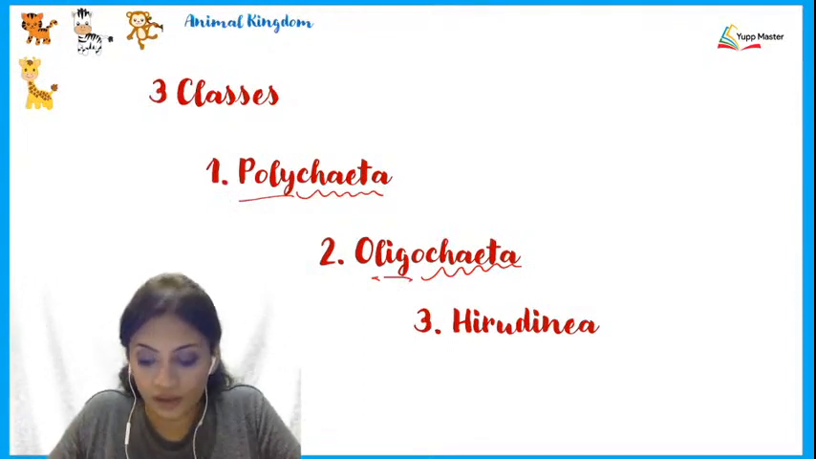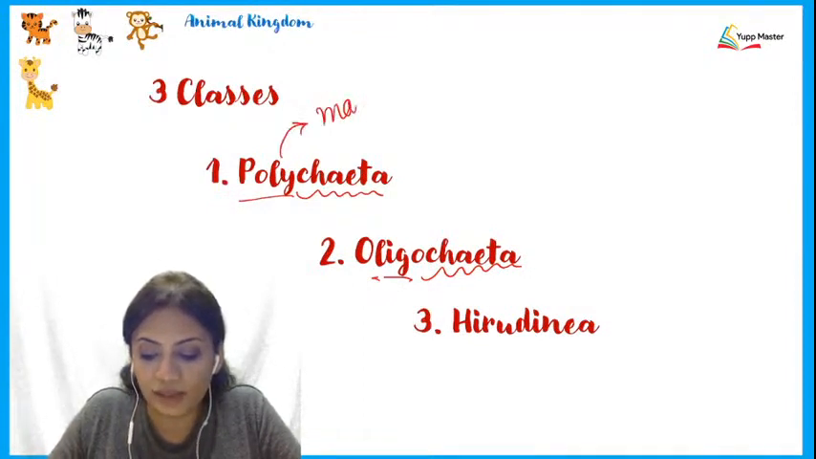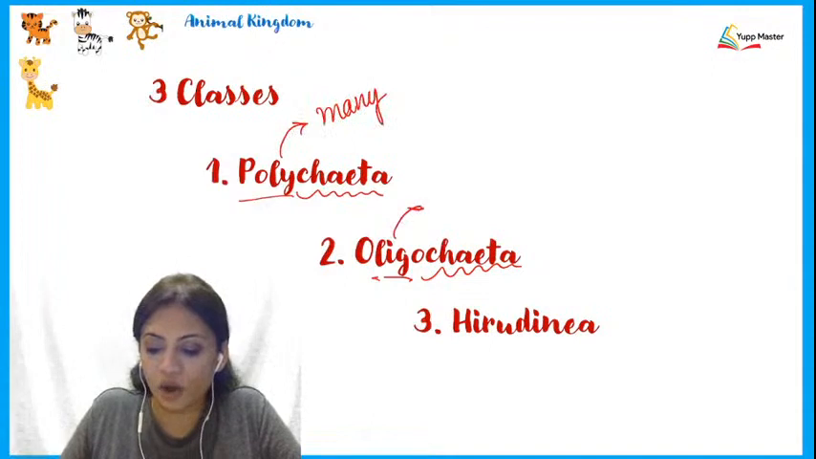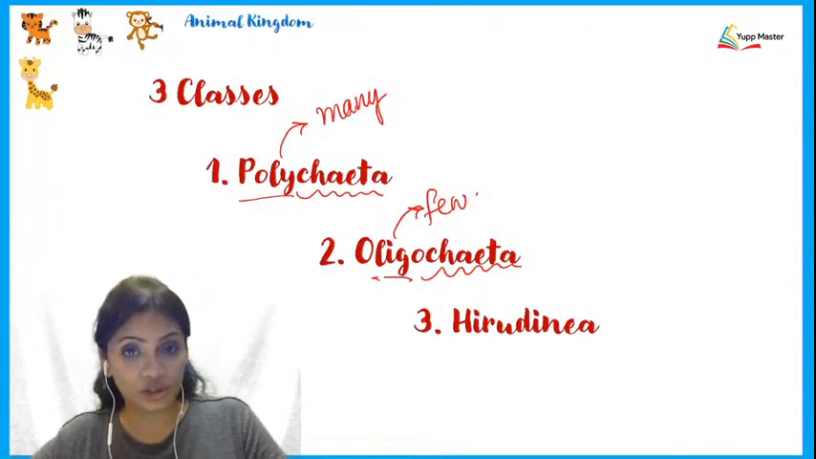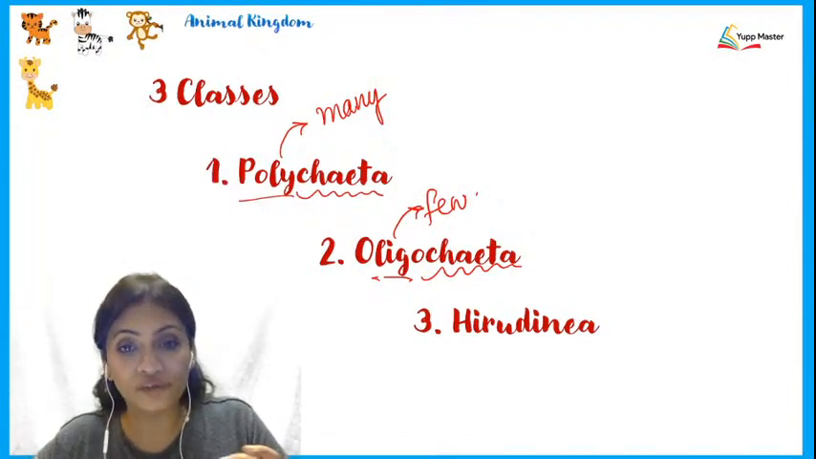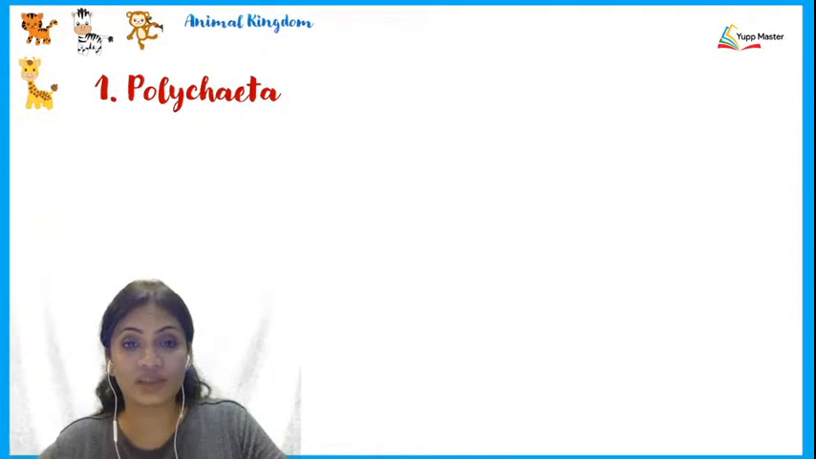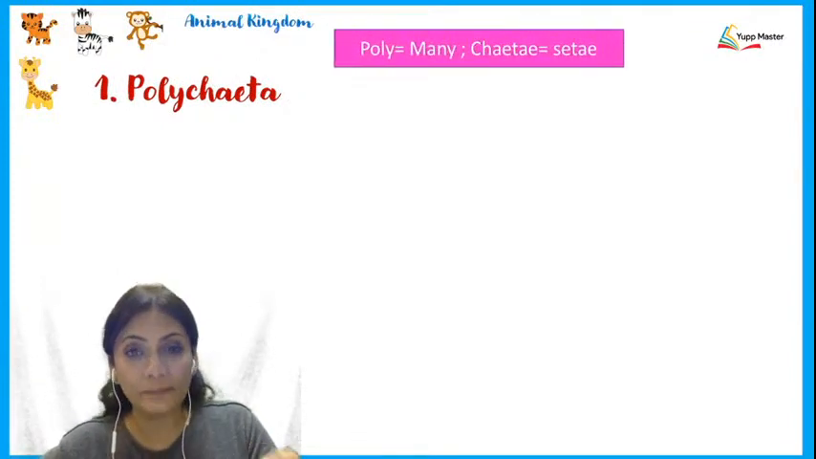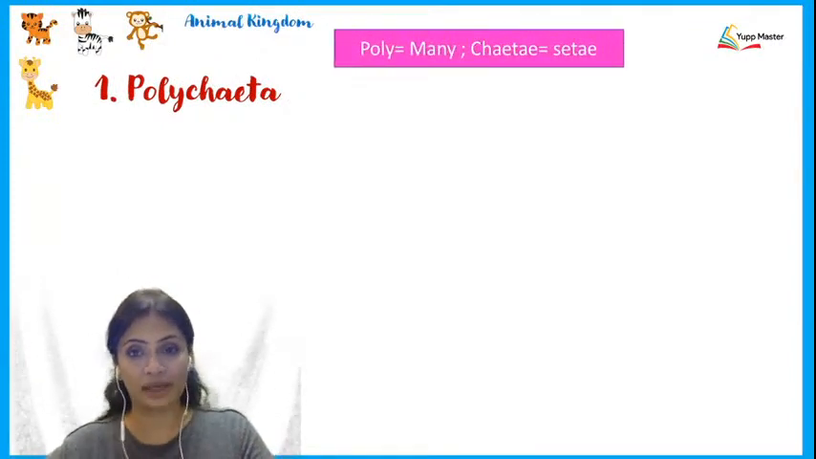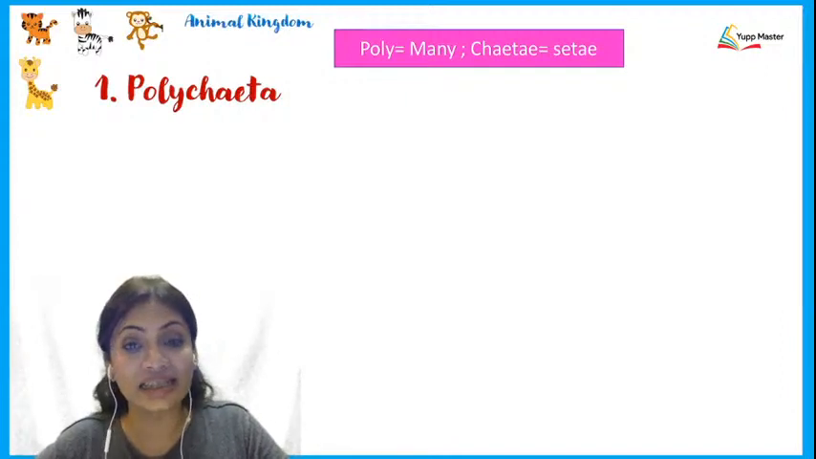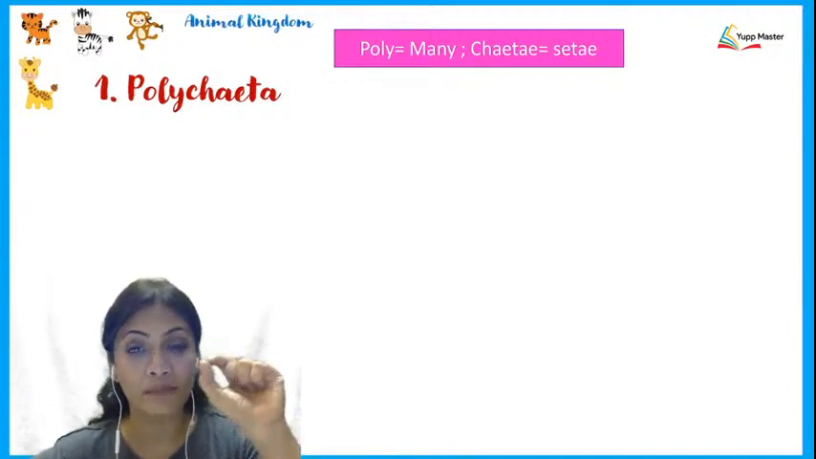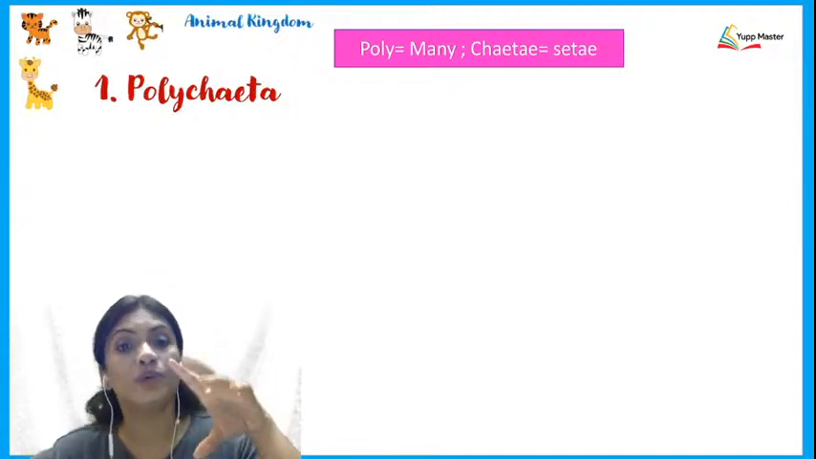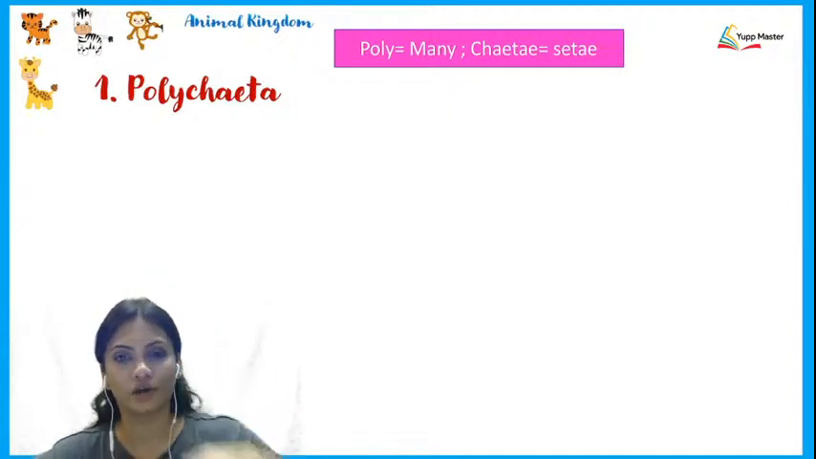Now remember one thing, the word poly means many, and the word olig means few. So that's out of the way. Now our question would be, what is the meaning of chaeta? Let's begin with the class called Polychaeta. In Polychaeta, poly means many and chaeta means setae. What were setae? Remember, setae were those small microscopic structures which were present on the segments